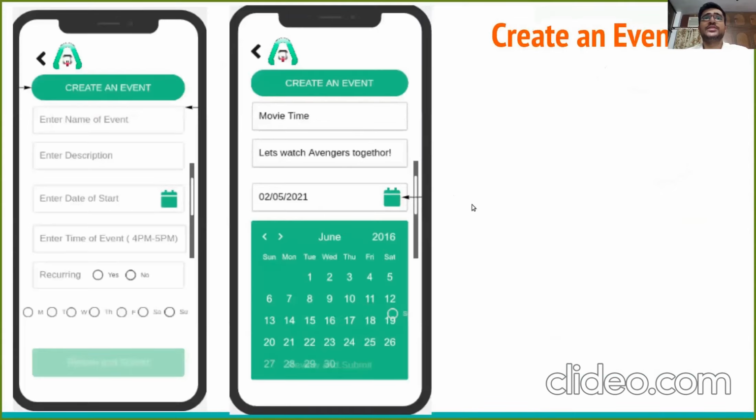Let's talk about creating an event. To create an event and avoid unnecessary events from being scheduled on the app, a lot of details regarding the event were asked from the user so that the users have a basic idea of the event before getting into it. So we have asked the name of the event, description of the event, date of start, and the user can click on the calendar icon to select the date, time of the event,